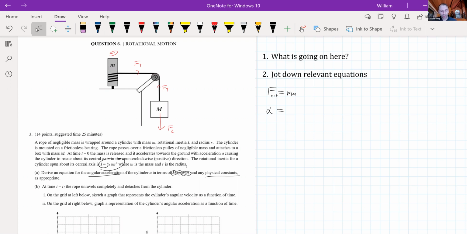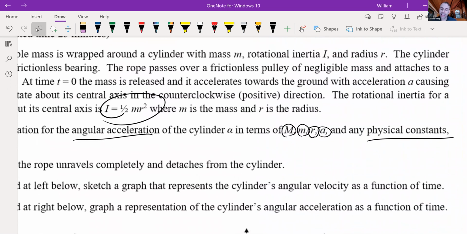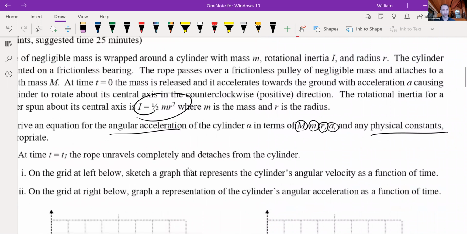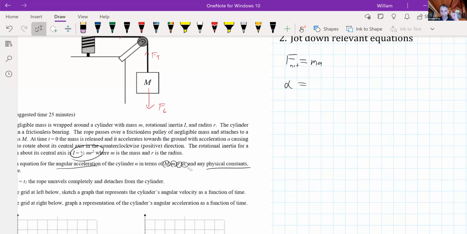Again, you have to use only these variables that they list, and some of these can cancel out. That is possible. So you don't have to use every variable, but you can only use the listed variables. Does that make sense? So, super important take-home point for today. Just make sure you hold on to that. Use their variables. Some of them you might not use all of them, but it can only be their variables